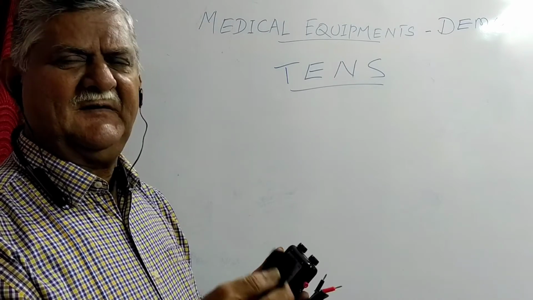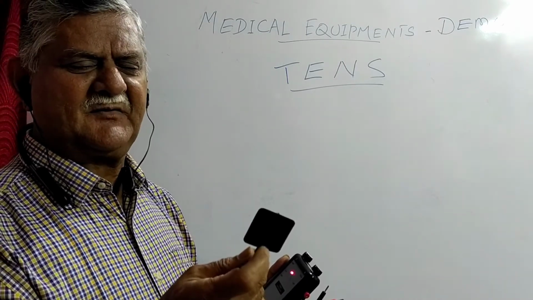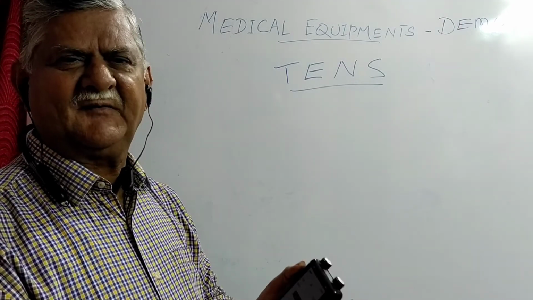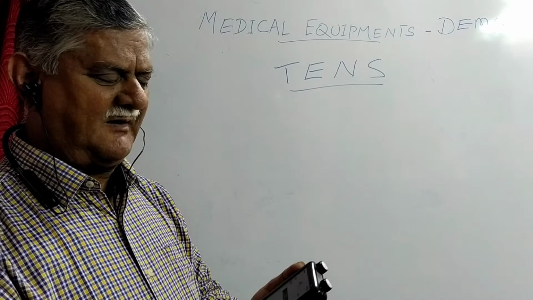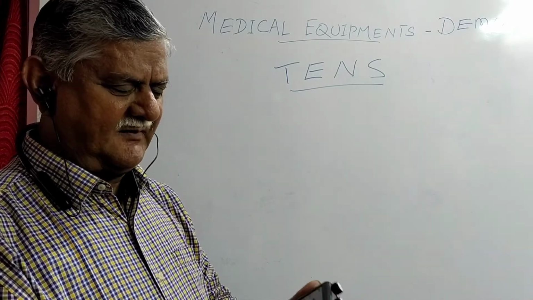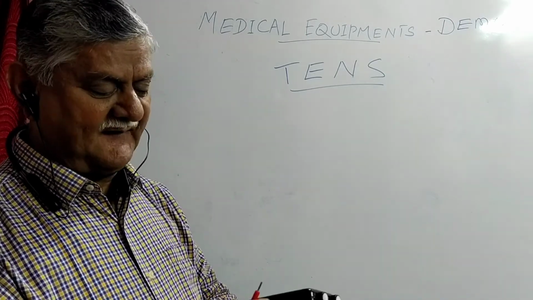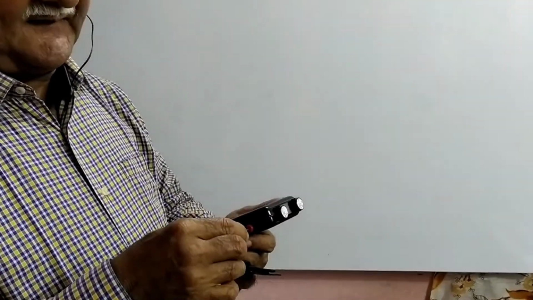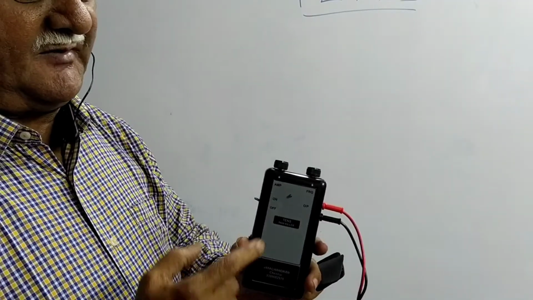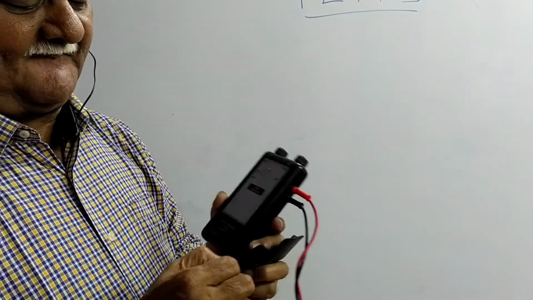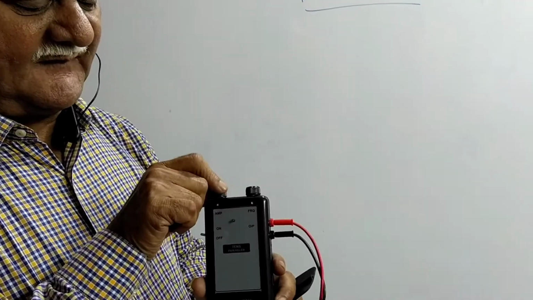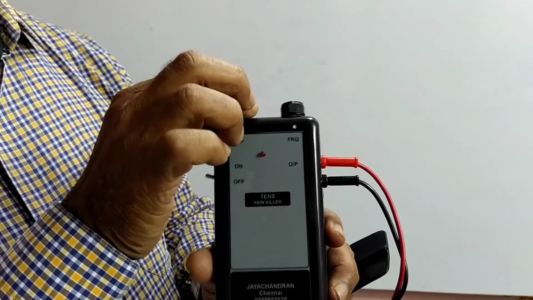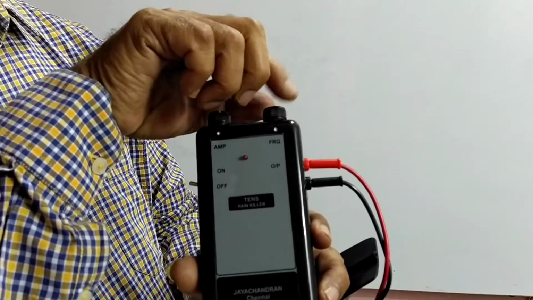We have to use a jelly for contact because this is a rubber electrode and there is the skin, two different surfaces you have to get in contact. You have to use jelly. And we have to select the pain area and connect the electrode. This is the control. We have to connect the cable here. So now we are getting 2 pulses per second. This is the voltage increase. This is a decrease. This is the frequency increase.